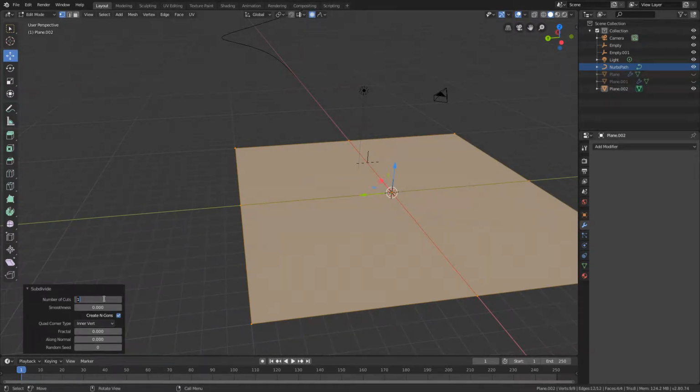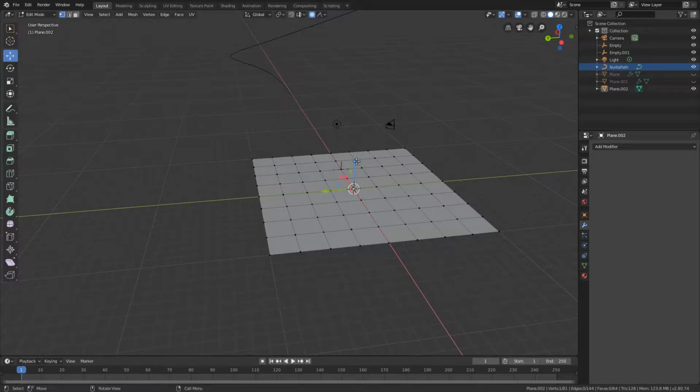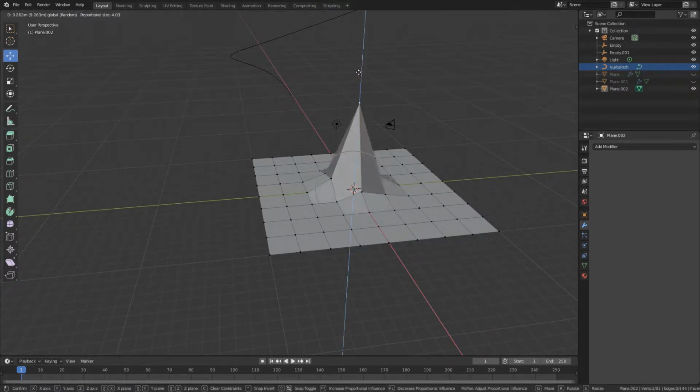Subdivide. I think this time 7 will be enough because we are just trying to make one big mountain. So still random connected, so